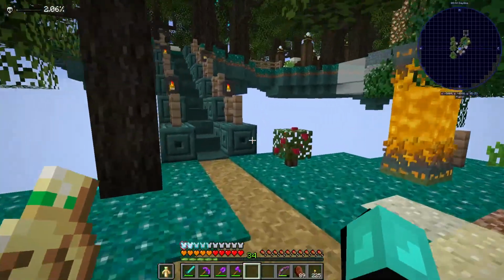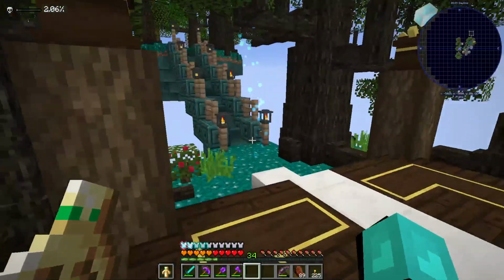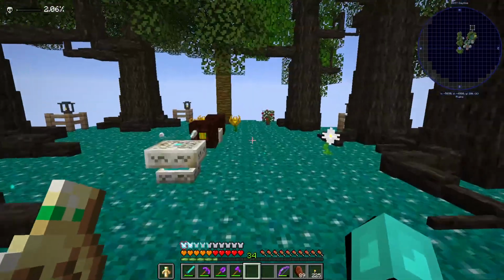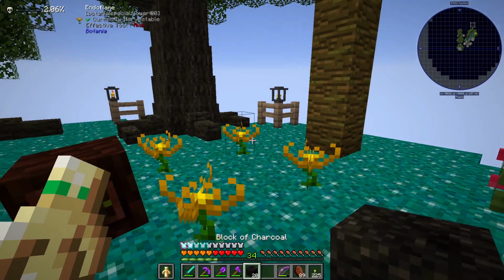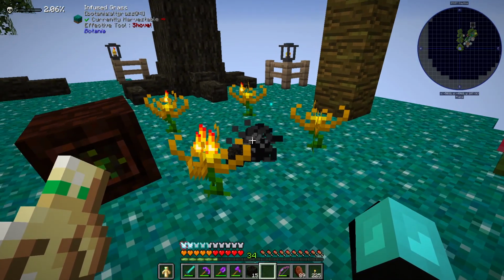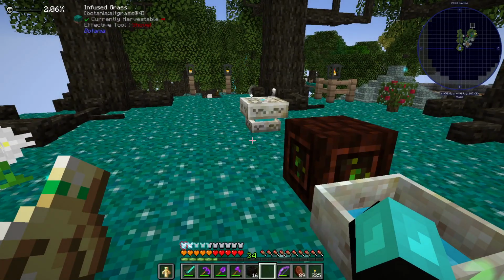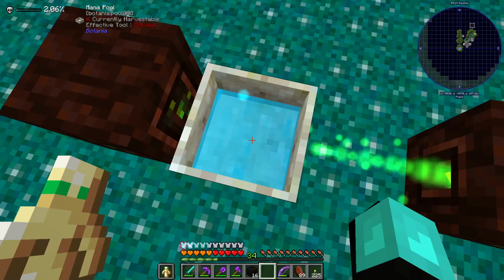Well, one of the issues you have with void worlds is when you want to move something, there's a pretty good chance that, like these seeds, you're going to lose them into the void, and that is not a good thing. So, oops, I don't want to quite throw all of those. Oh yeah, you took the 16. Okay,